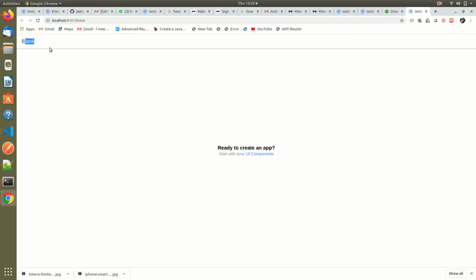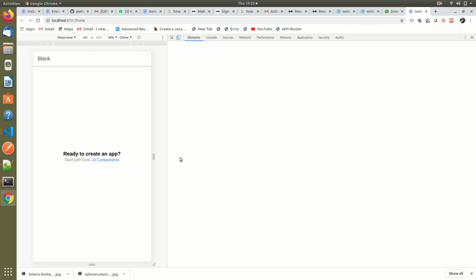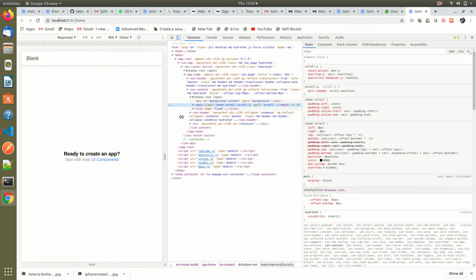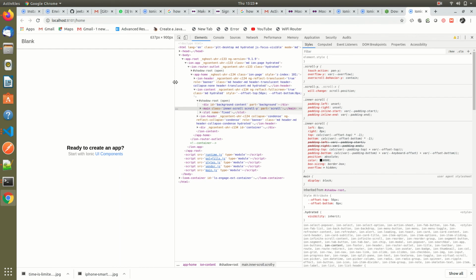From here you can see it is a blank home page with a ready UI component. This is our blank application. Just inspect this to check how it will look in mobile view. Here is the toggle device toolbar, so just click here. In mobile device mode it looks good.